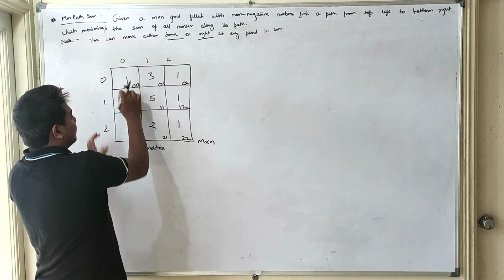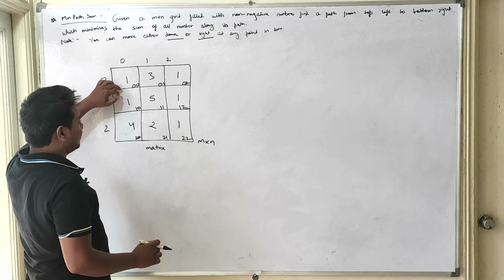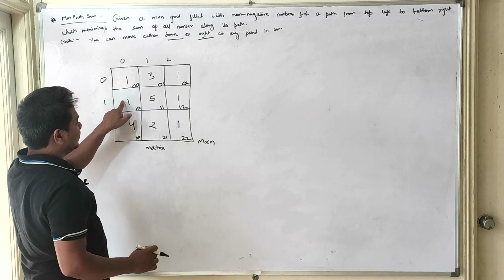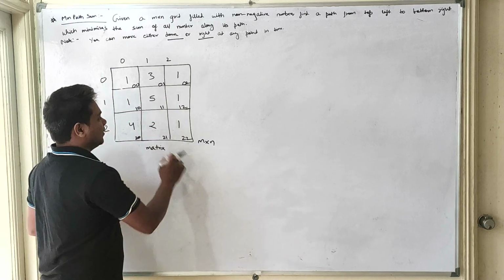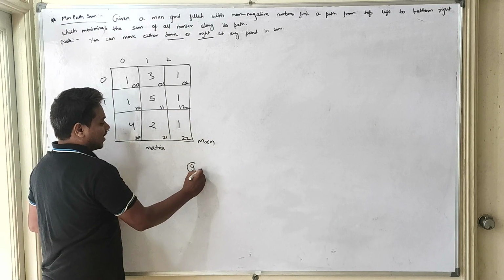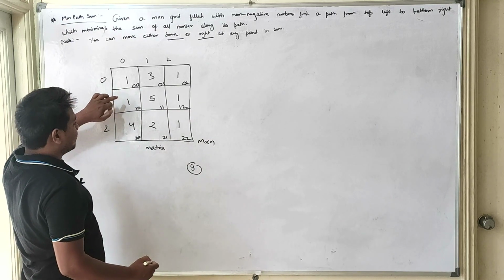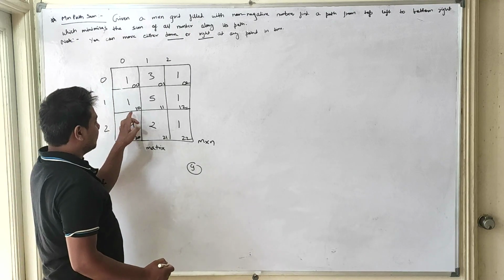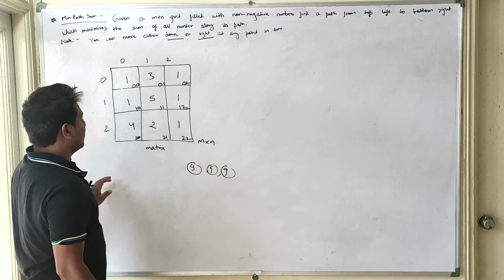So we can either go from this to this by moving down. So the sum would be 2, then 2 plus 5 is 7, 7 plus 1 is 8, 8 plus 1 is 9. So by going this path we'll be getting a sum of 9, or we can choose this path, 1 plus 1 is 2, 2 plus 4 is 6, plus 2 is 8, plus 1 is 9, again we are getting 9.